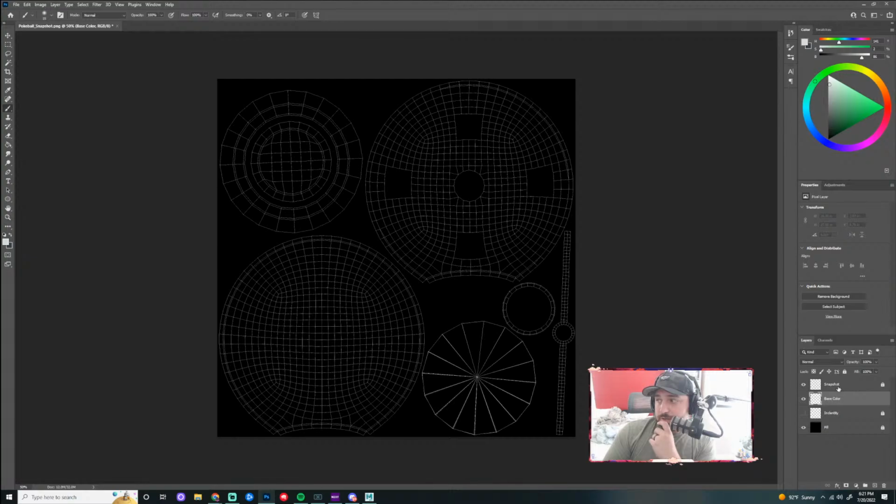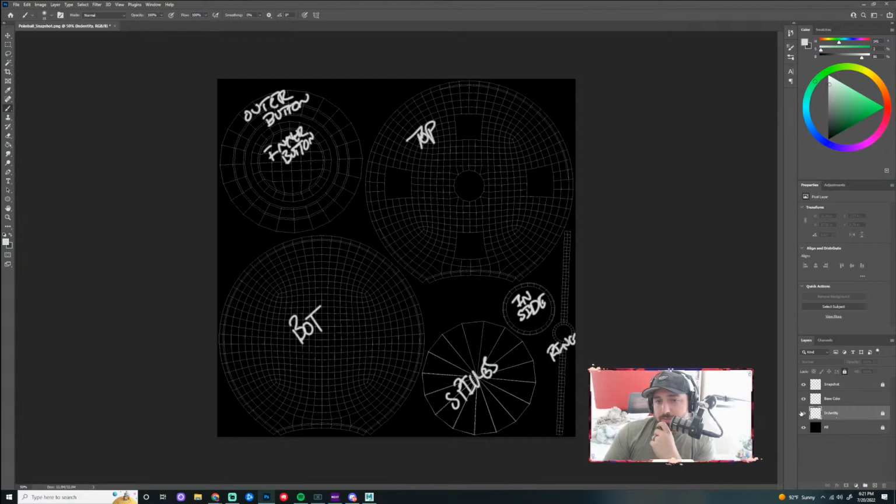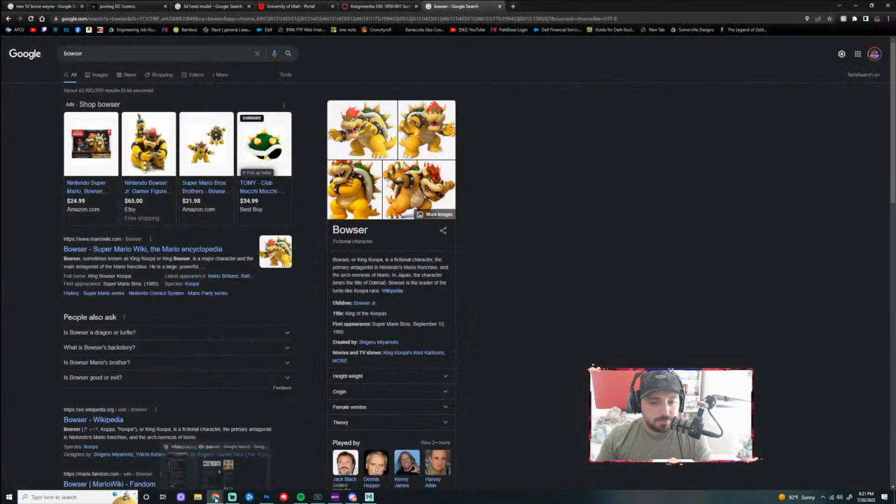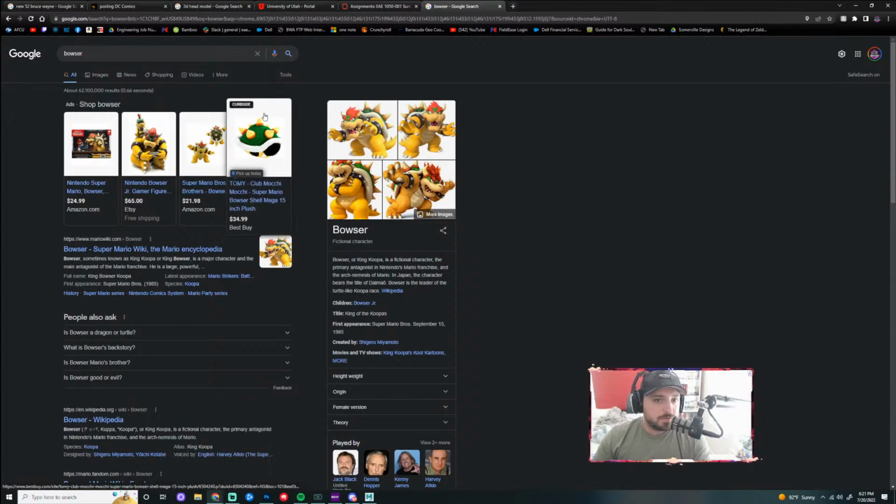So I've got a snapshot layer, right? I've got a base color layer that I'm going to start painting on, but I have that identity layer that's just telling me, hey, what is each piece that I'm going to paint on here? And then this is my fill layer that I added. So the identity layer is locked, the fill layer is locked, and my snapshot layer is locked. So I just want to start painting on the base color, okay? But I was going to come in here and find a picture of Bowser and use him as like my example. I'm going to try to make it look like a Bowser Pokeball or something. I think that could be kind of fun.